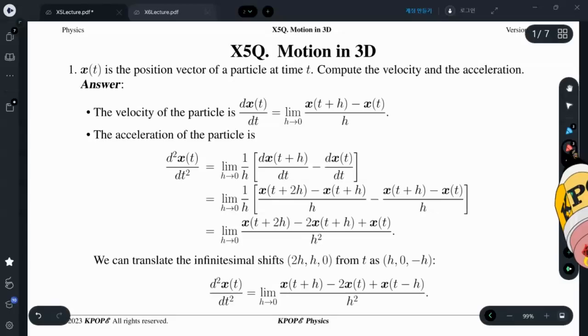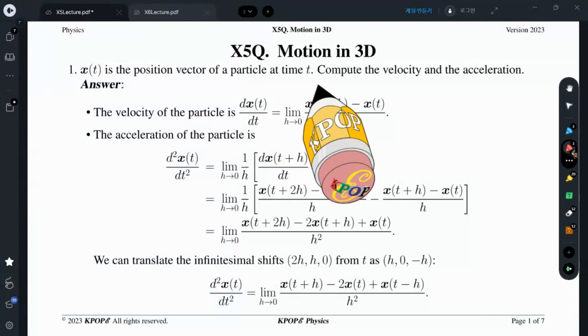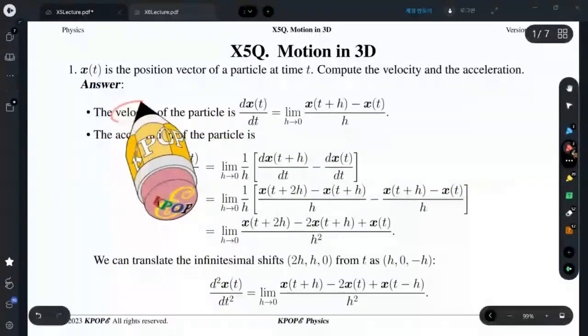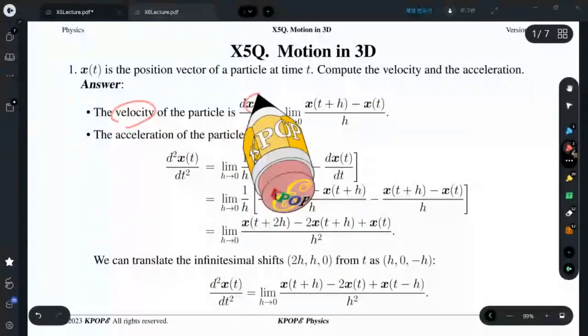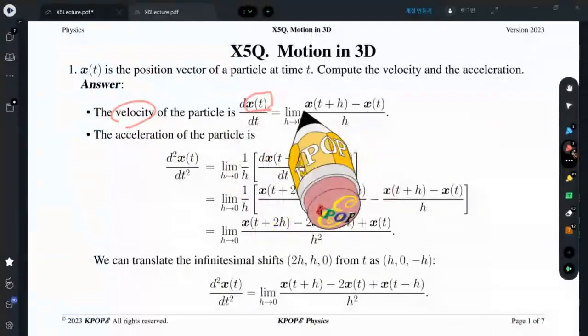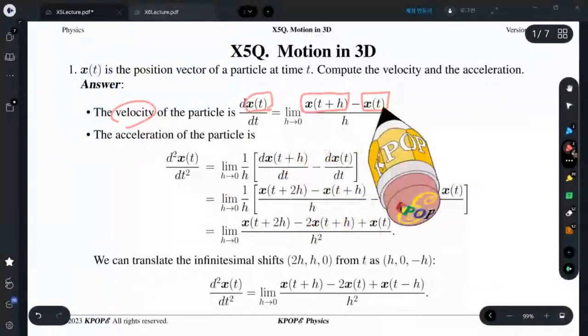Okay, exercise 5, motion in 3D. x of t is the position vector of a particle at time t. Compute the velocity and acceleration. Velocity is the first order time derivative of the displacement vector, and we find the difference of the position vector,